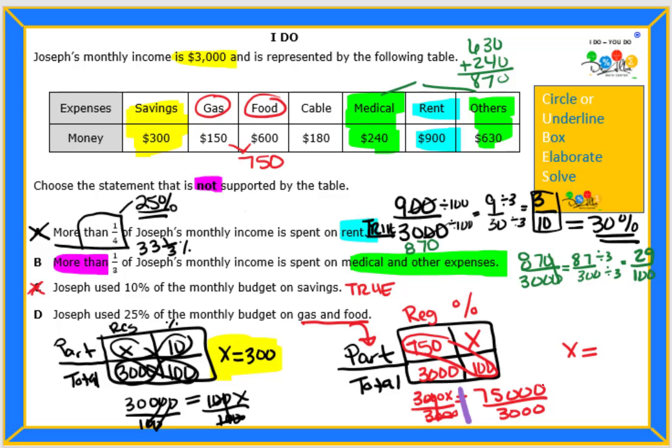And here we're going to do 75,000 divided by 1,000. So we're going to take away 3 of those zeros. And 3,000 divided by 1,000. So we're going to take away 3 of those zeros. And we have 75 divided by 3, which is 25. Now, because we left the x in the percent sign, that would be 25%. And that is true. So the only one that we got not true for is B. So our correct answer is